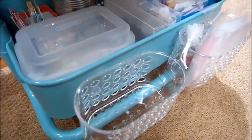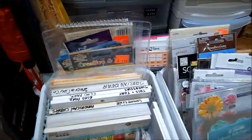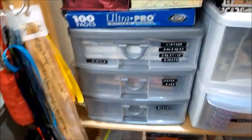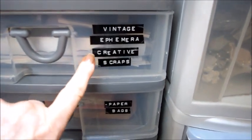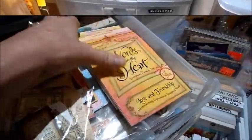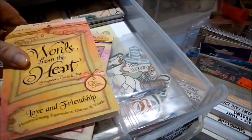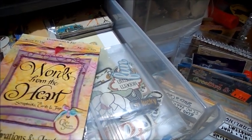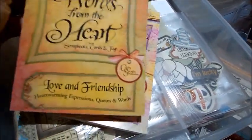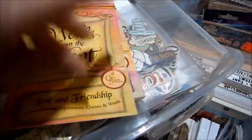That's one spot. The other spot is behind this cart. I've got some containers, and I already have them labeled: Vintage Ephemera, Creative Scraps, and Digitals. I'll pull that drawer out. In this drawer I've got some more creative scraps. And these books here, I've had a long time, from Crafty Secrets: Words from the Heart, Celebrations and Joy, and Love and Friendship. I like to come in here and see what I can use and cut out in some of the